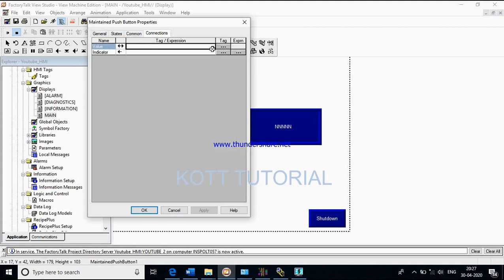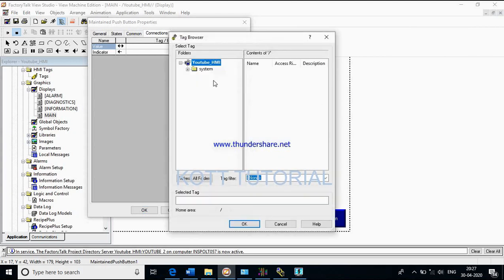The first value, that is, when I am pressing, must be written to which tag. It indicates that. Refresh our folders. Now here you can see these folders I created before this project, so you can see all these projects.